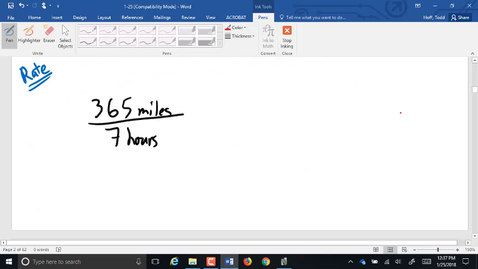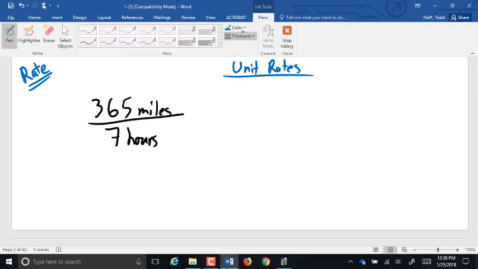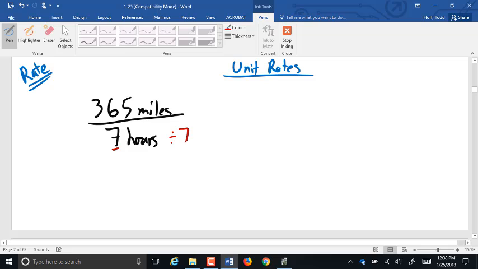With rates, however, we almost always express them as unit rates. So what that means is the second number, or the denominator of the fraction form, needs to be changed to 1. To do that, we divide by the numerical value of the denominator. In this case, that numerical value is 7. So we divide both the numerator and denominator, or since this is a rate and technically not a fraction, both the bottom number and top number, by 7. Well, 7 hours divided by 7 is just 1 hour. 365 miles divided by 7 is,